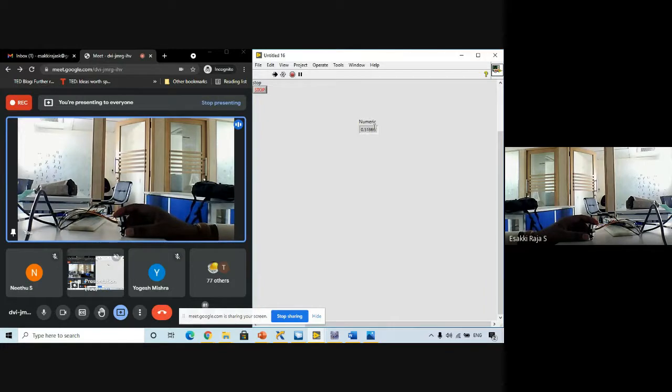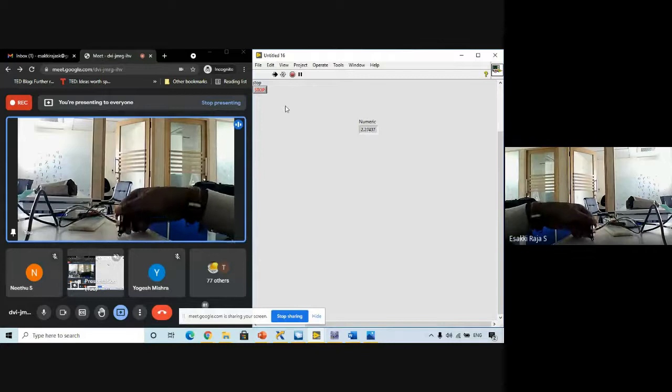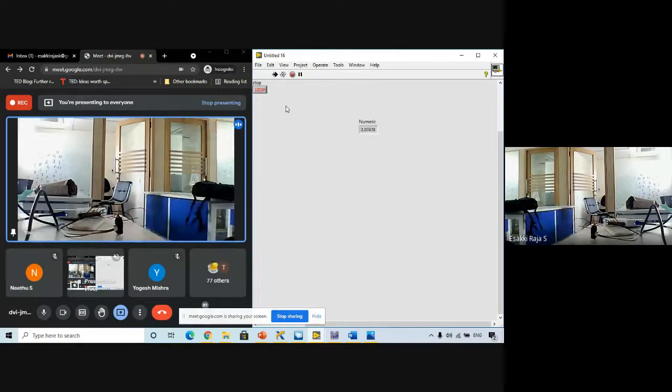Actually, there is a calibration value for converting from voltage to distance in centimeters. I just can't recollect it. If I know those values, I could show you the conversion from voltage to distance also. Let me check what that value is. If I can get it, I can show you that.